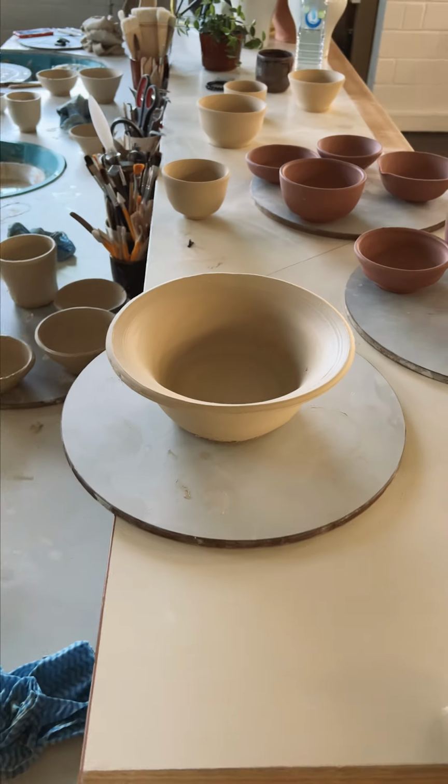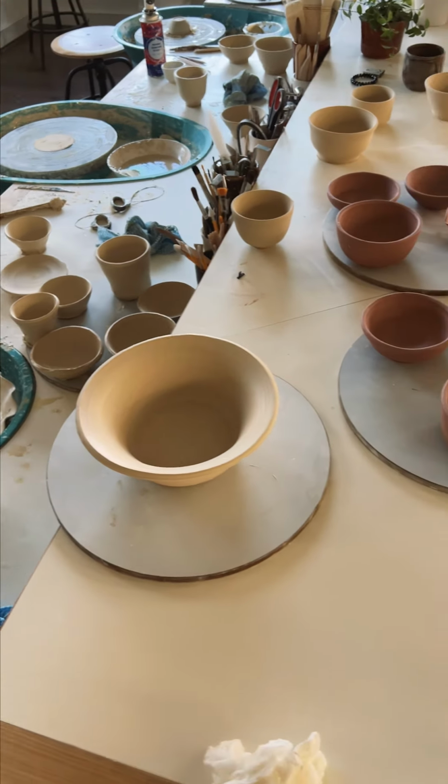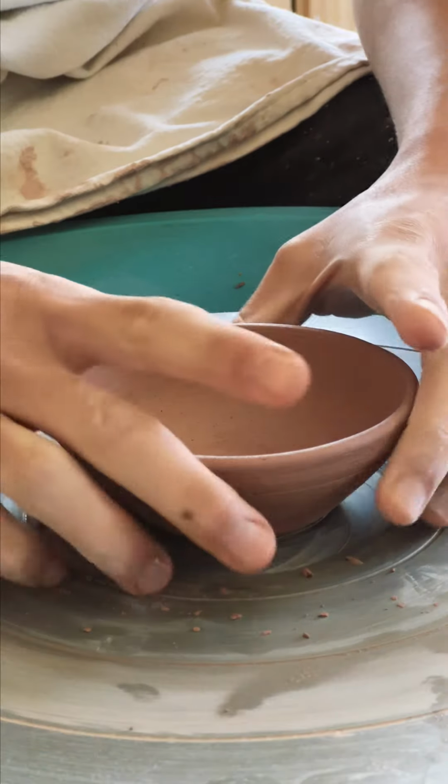By the end of our time at the Pottery Co., we had made a good few pieces, which all still need to be trimmed, dried, fired, glazed, and then fired again, which obviously means we'll have to be back soon,